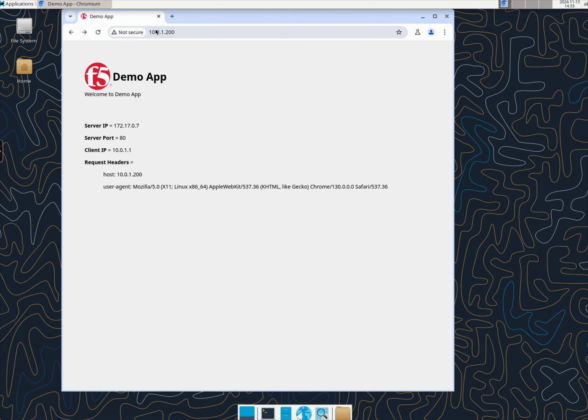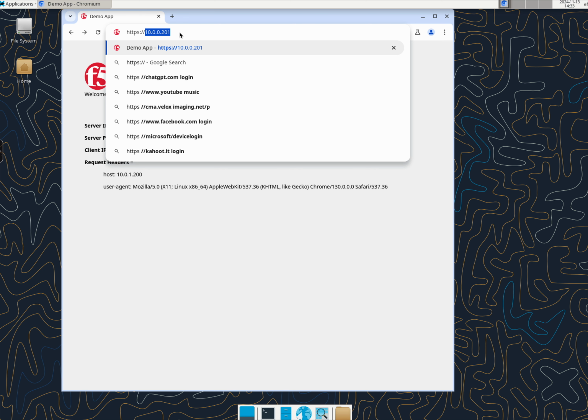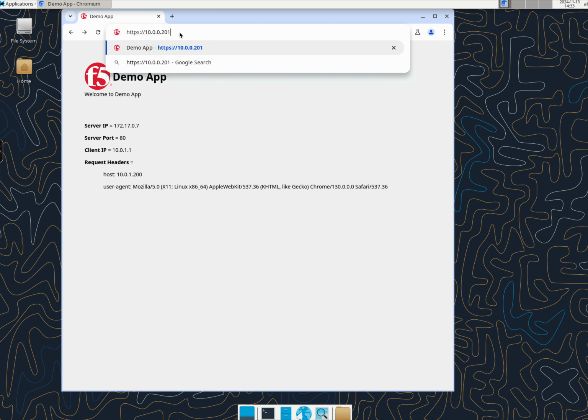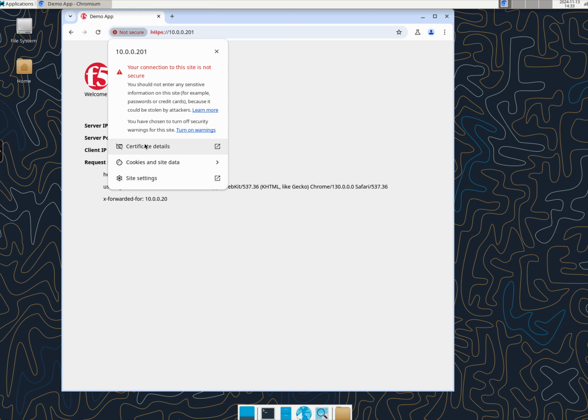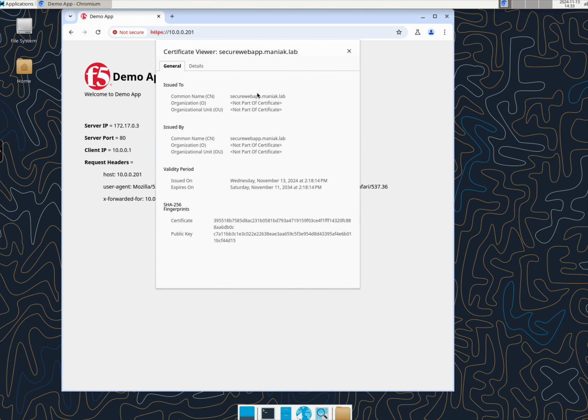If we go to our web app and type HTTPS, let's see if it's online, 00.201. We are prompted with a secure connection. Because I'm using a self-signed cert, we're getting an error, but we see that this is using our secure web app